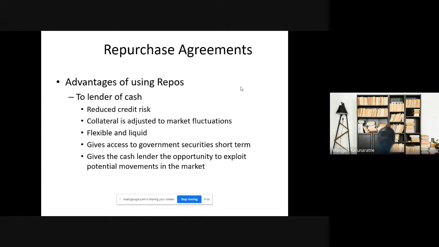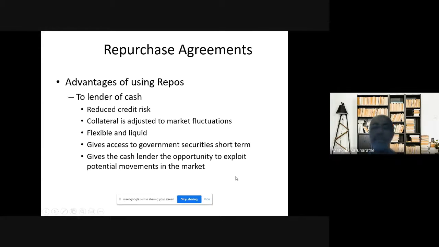It also gives the cash lender the opportunity to exploit potential movements in the market. So depending on the market rates, the cash lender also gets the rate. If the rates go up, he will get the